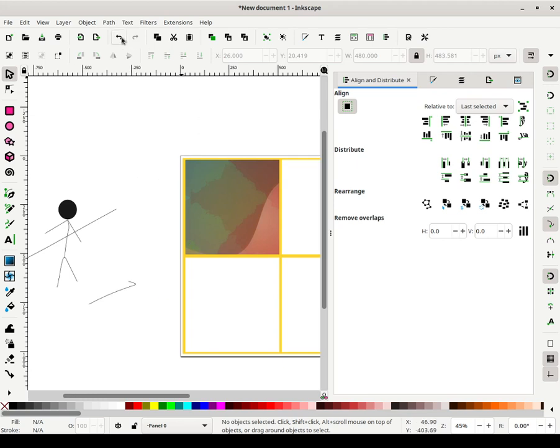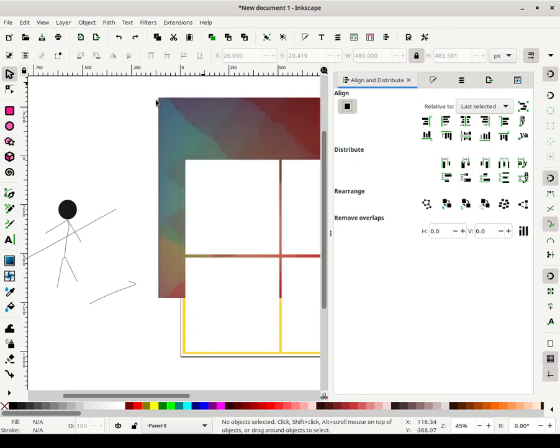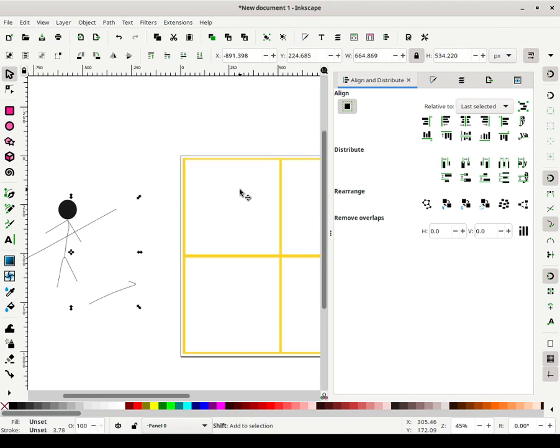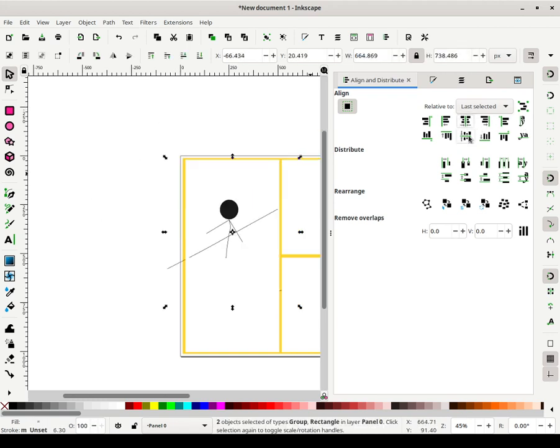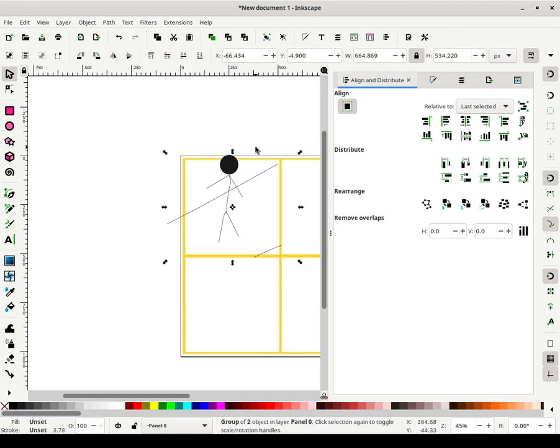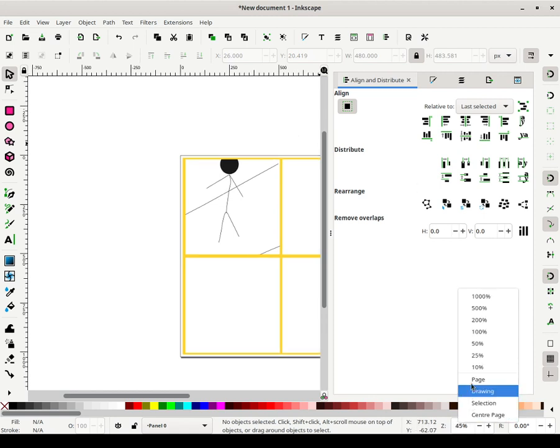So let me undo that and remove this image since we don't need it anymore. Put this back in position. Whew, I could have saved so much time by remembering that. Okay, so let me see, this should work now. There we go. So all of that trouble could have been saved, but in any case, there we are.